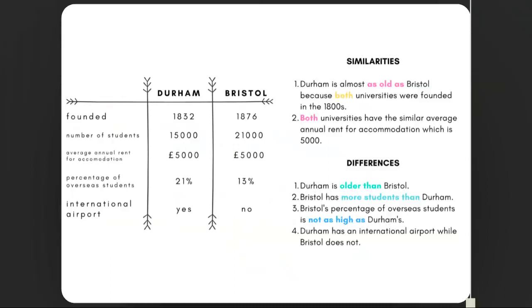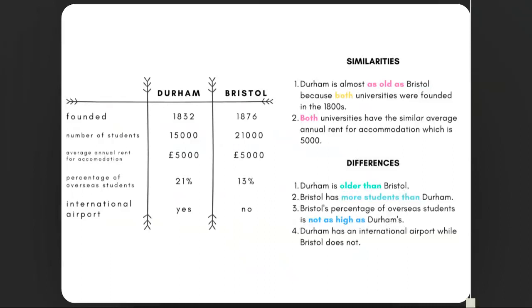Okay. Now, the second similarity that we can highlight is using the structure "both blank are what," or "both blank have what." Okay, in this case, both universities have the similar average annual rent for accommodation, which is £5,000. Now, remember, it doesn't matter if you are talking about similarities or differences, if what you